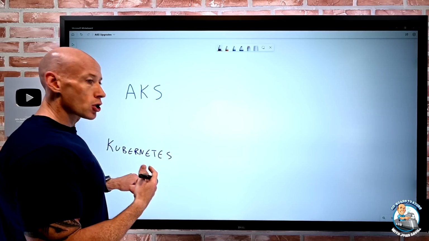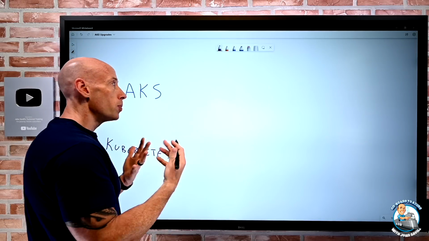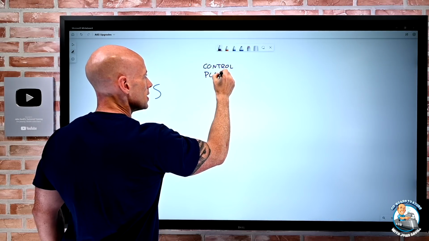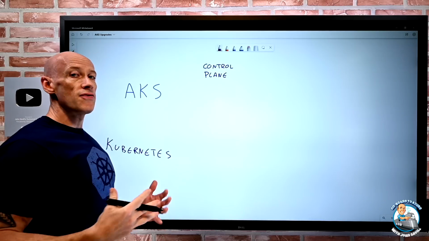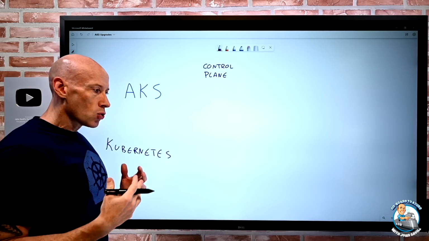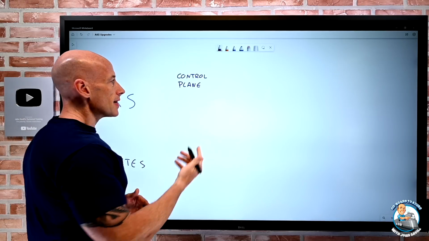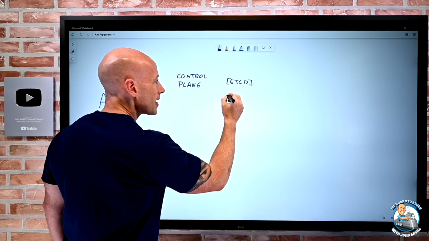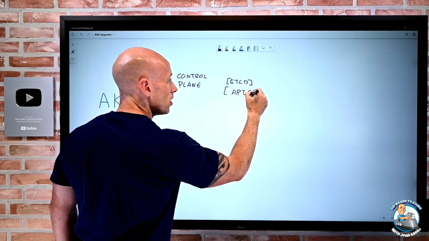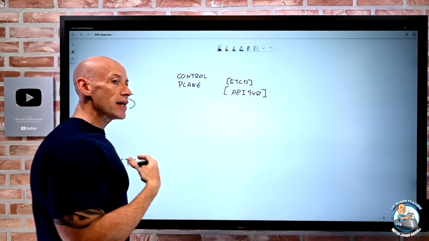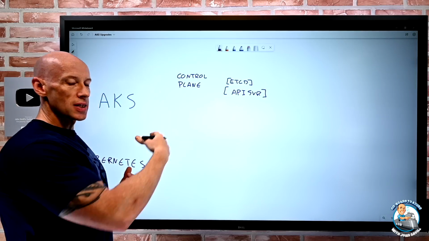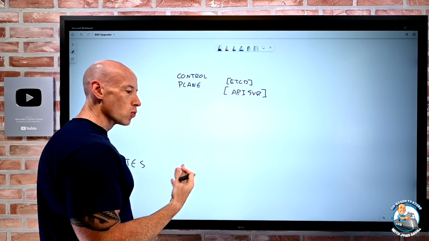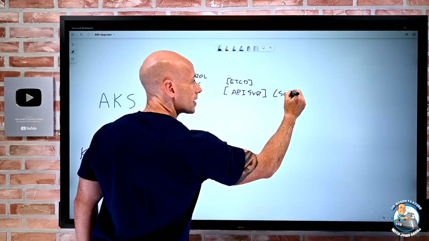Now, if I think about this control plane element, so we're dealing with Kubernetes, and I have our control plane. And this control plane is invisible to us. It's fully managed. We don't really interact with it. Now, that control plane has things like our etcd stateful database. It has things like the API server, which is what we talk to when I'm interacting through kubectl. When the kubelet in the nodes is communicating, it's all via the API server that then goes and talks to the etcd database. There's things like the scheduler,